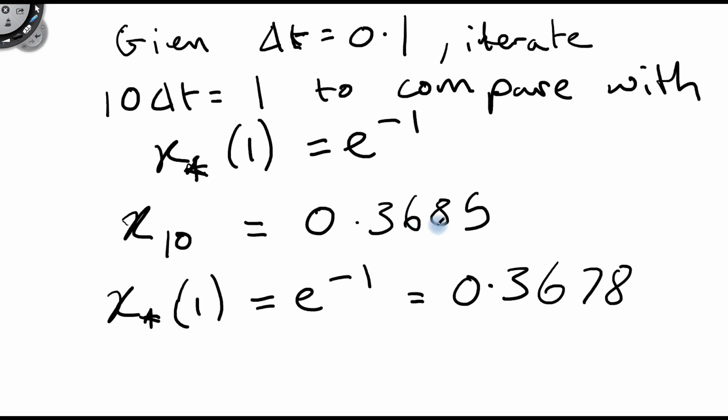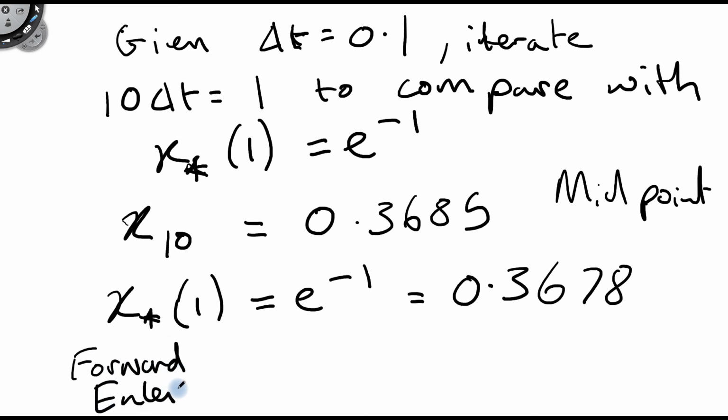And this is what you'll find, that it is very close, and it's only in the third decimal place that the numerical solution differs from the true solution, and this is partly because it's a second order method. But really what we need is to compare it with something lower order to see how good the midpoint is. So let's now compare with the forward Euler. You have to do this in your own time, but you can know forward Euler backwards now. You've encountered it twice. If you use the forward Euler, we get x at 10 is